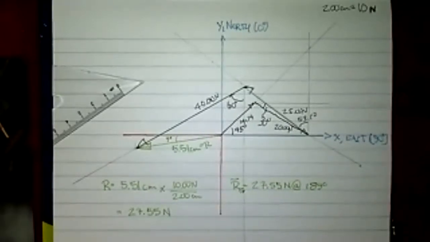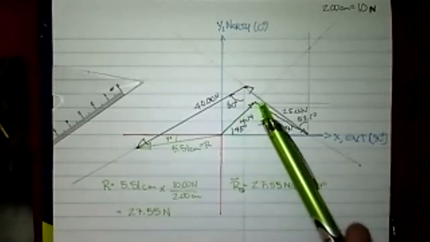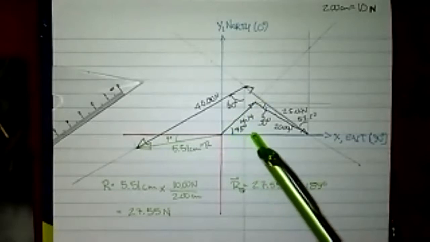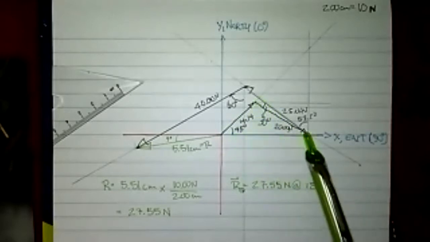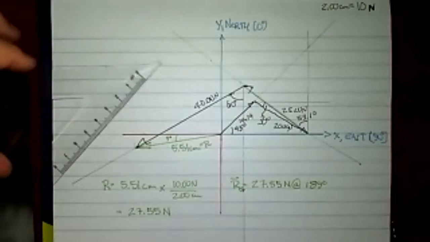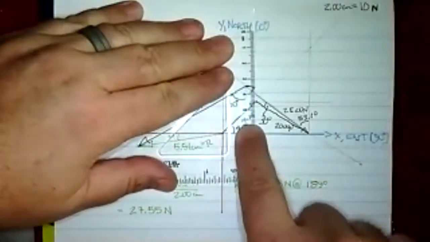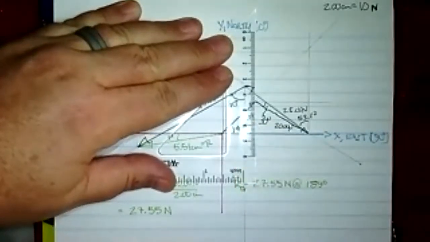So if I want to actually go ahead and do the mathematics, what I need to do is break up each of these into X and Y components. So I have to have an X component for this vector, a Y component for this vector, an X component for this vector, a Y component for this vector, so on and so forth. So let me go ahead and draw those so I can get an idea of what direction they're going to be pointing. So the Y component of the vector A is of course going to be